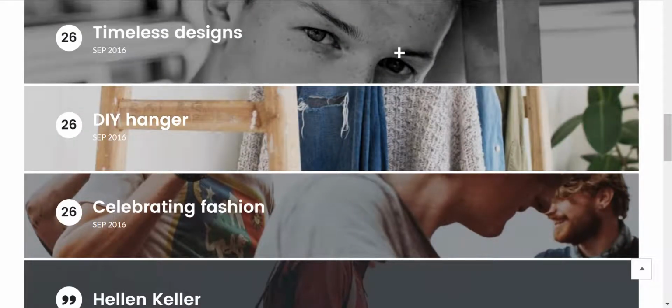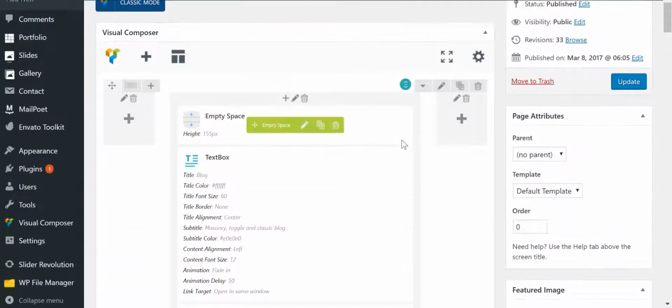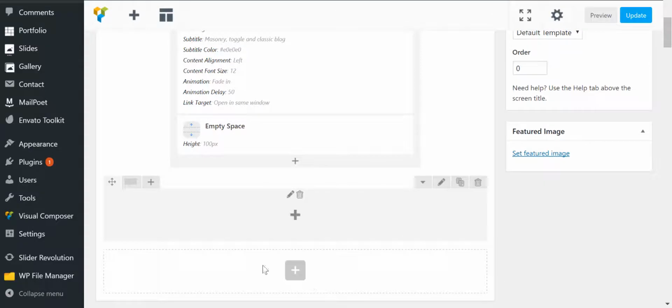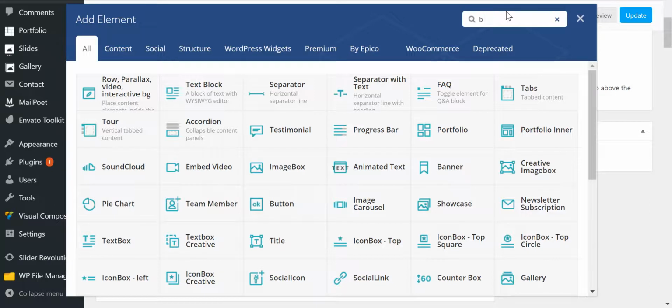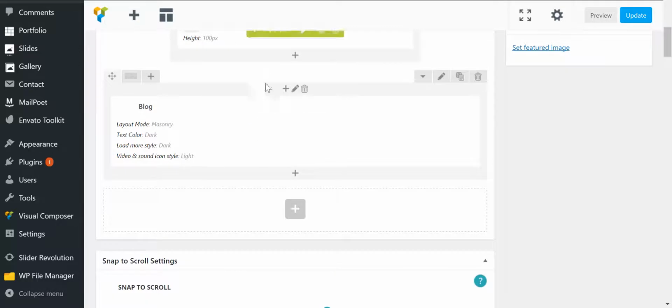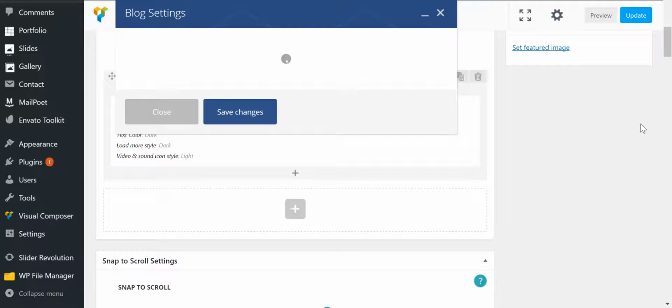Now that you've seen how to create a toggle block and a classic block, we are going to move to a more modern block type. To create a masonry block or feature block, all you need to do is to create a simple page. For example, I named it blog, added some header and title to the top of my page, and in one of these rows I'm going to click on plus button, search for blog, in blog I'm going to click on edit,